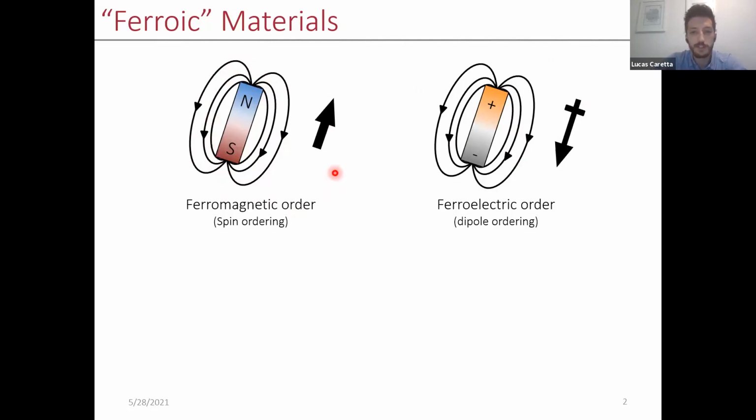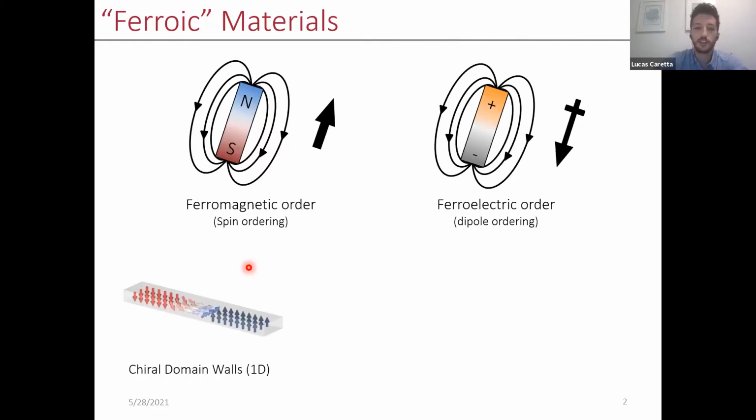In reality, what happens in these materials is you get what we call complex spin textures or non-collinear spin alignment. So if you really look at the atomic scale, you see that these spins take on twists and windings of all different sorts. And so this can occur in one dimension, such as domain walls, which can be chiral in some cases. In ferroelectric materials, they can even be Ising or non-Ising, right? So the magnitude of these arrows can change during these transition regions.